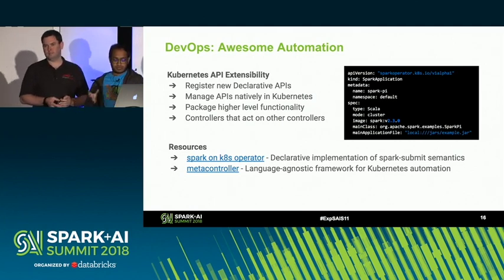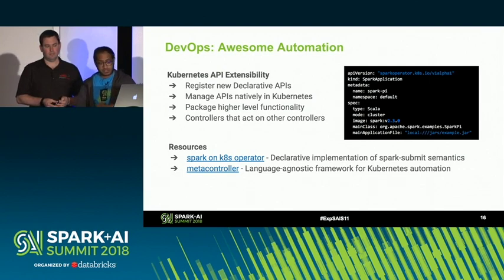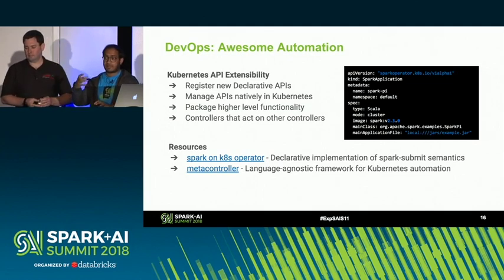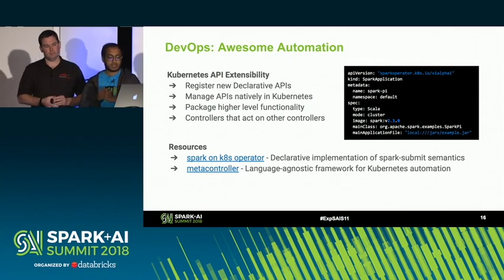So an example here, to put it concretely, is the Spark on K8s operator, which is worked on at Google and is Apache 2. So what that gives you is a declarative implementation of the Spark submit semantics. The specification on the right shows you how you would declaratively specify a Spark job, and the Kubernetes API and a controller are then responsible for doing the Spark submit operation on your behalf. And to take that a step forward, you could have automation to, say, schedule a Spark job, cron-like functionality where you want it to run periodically once every 2 hours or n hours, right?